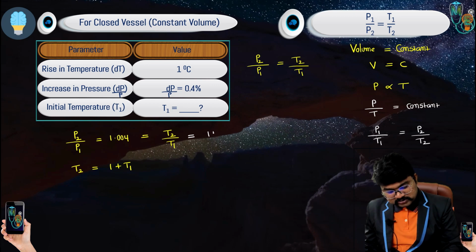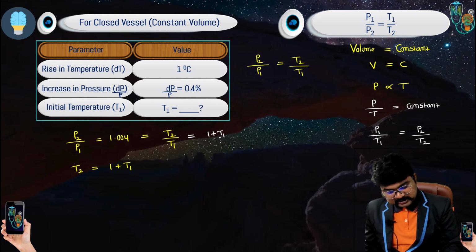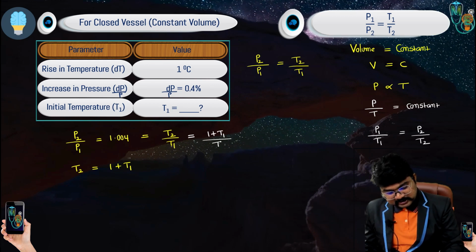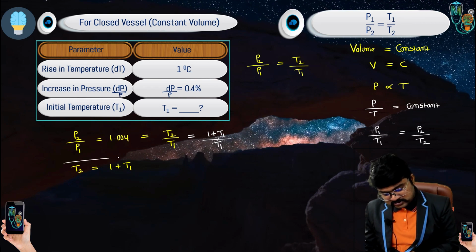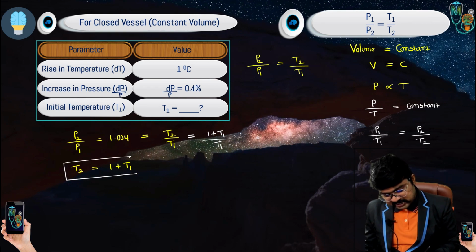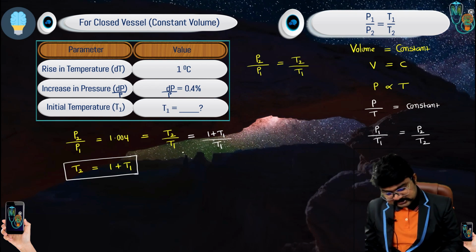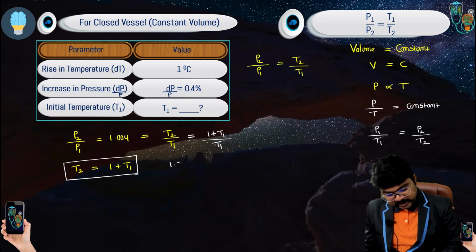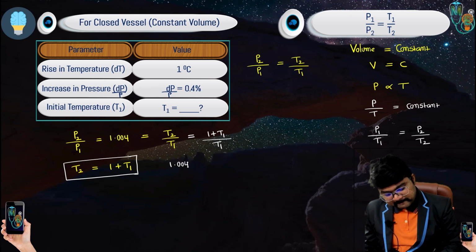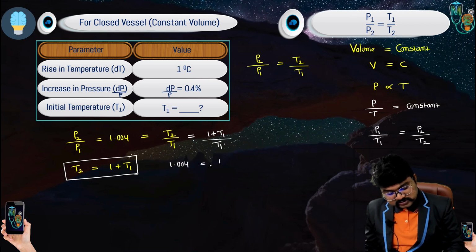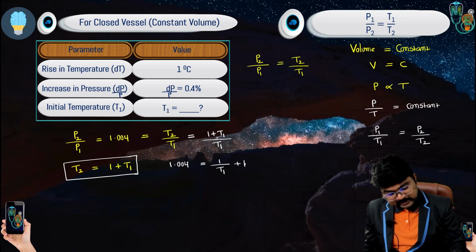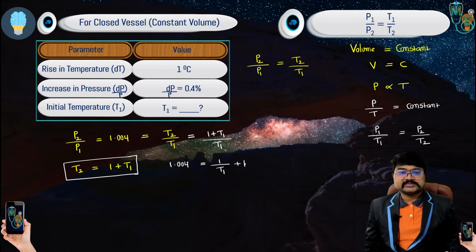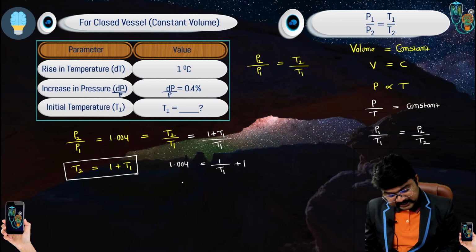This is equal to (1 plus T1) by T1. 1 plus T1 equal to this. Here you can write, so from here, 1.004 equals 1 by T1 plus 1. Then you will be getting